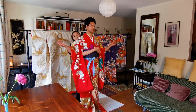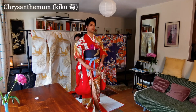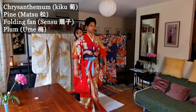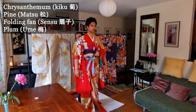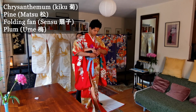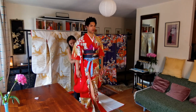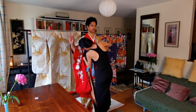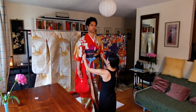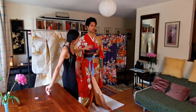And the kimono itself, I should say, is designed with chrysanthemums, kiku in Japanese, pines, as well as folding fan designs, and ume, plum blossom details. So incredibly detailed, highly embroidered silk, hand-stitched embroidered details all around the kimono. And now you see the obi belt being drawn tightly across my abdomen. We opted for a black obi belt with gold detailed designs. And that's just made me think actually about